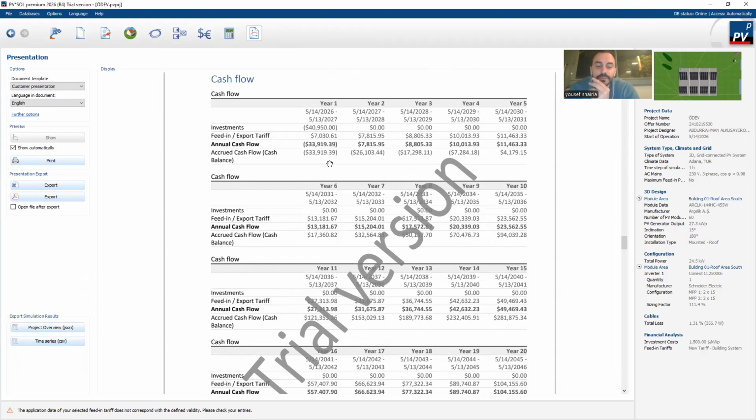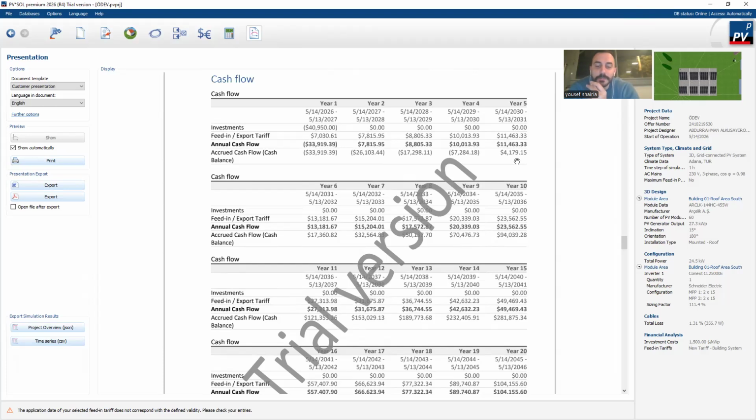From year 2 onwards, the system generates positive annual revenue. By year number 5, the accrued cash balance turns positive at around $4,179, confirming the 4 years, 8 months,